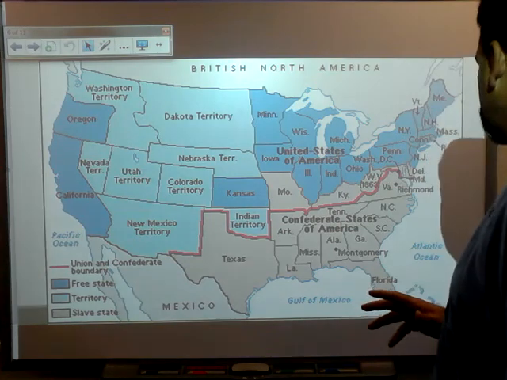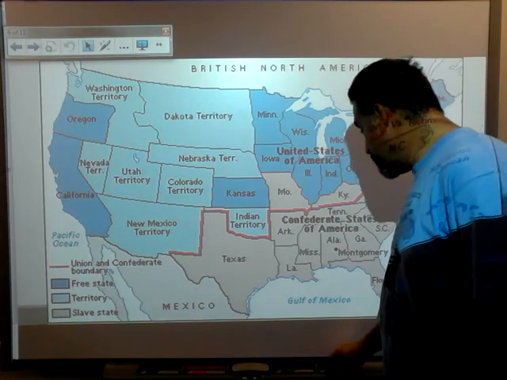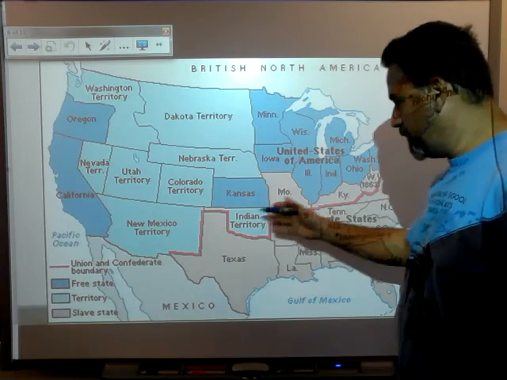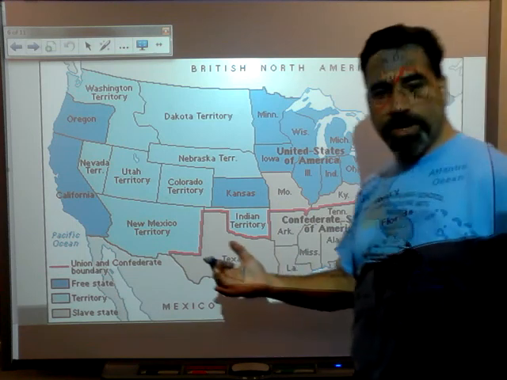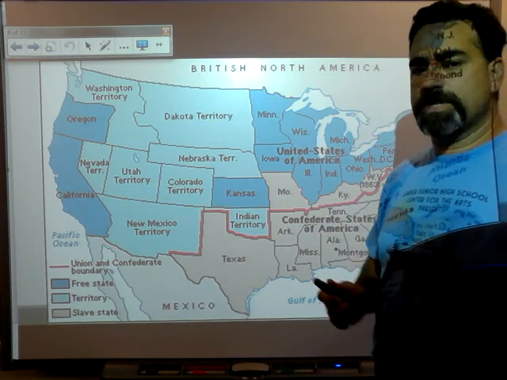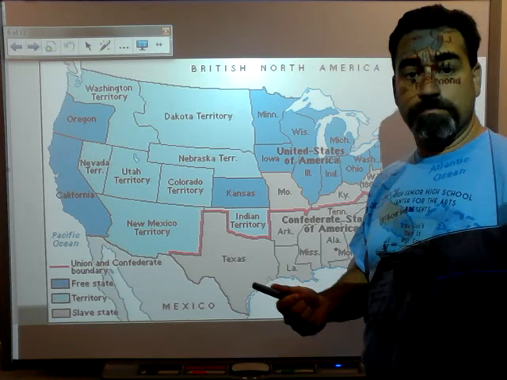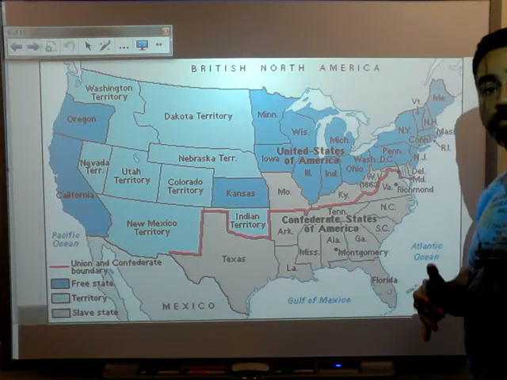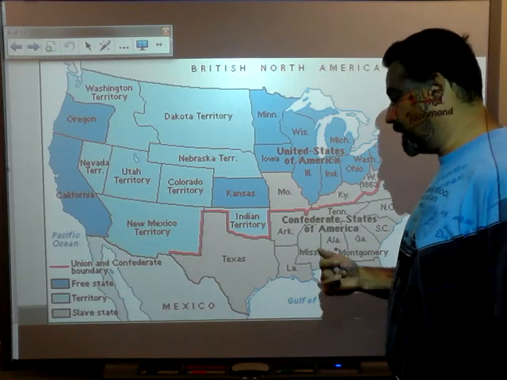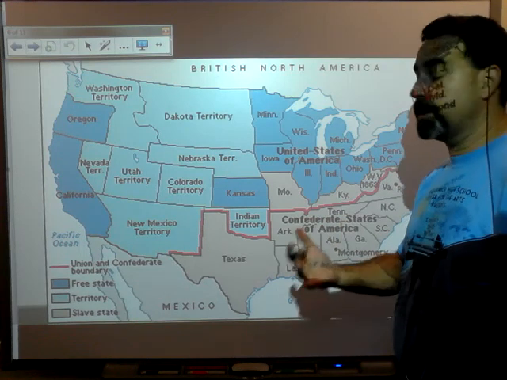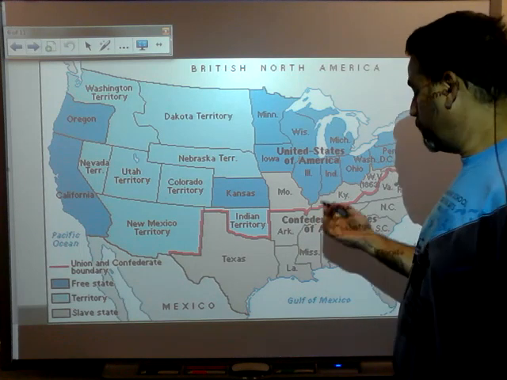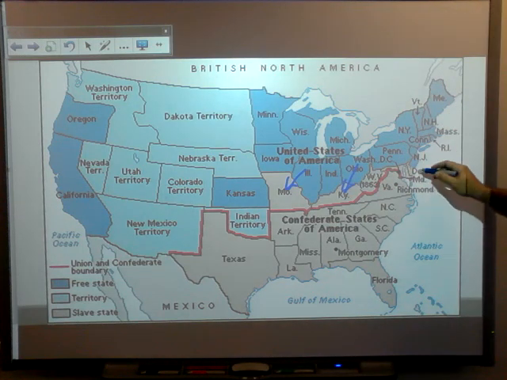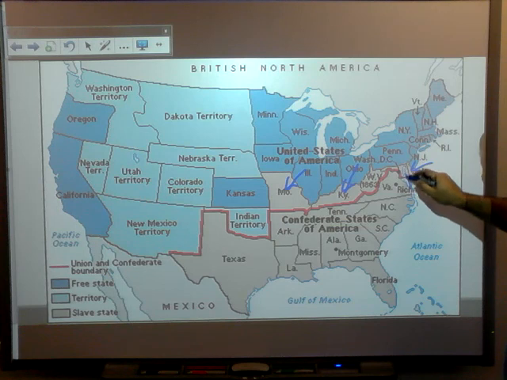What's going on? Well, what's going on is we've got these tan states that are north of the Union Confederate boundary. What's happening there? Well, not all of the slave states decided to leave the Union. A few of these slave states decided to remain in the Union. And this had a lot to do with some of the politicking going on with the Lincoln administration. But we have Missouri, we have Kentucky, and Delaware. Slavery existed in Delaware and Maryland.